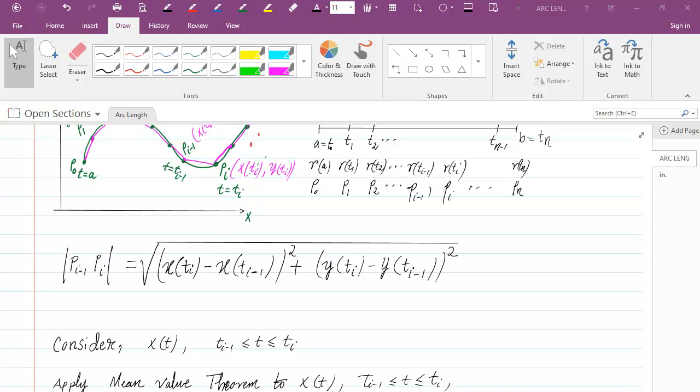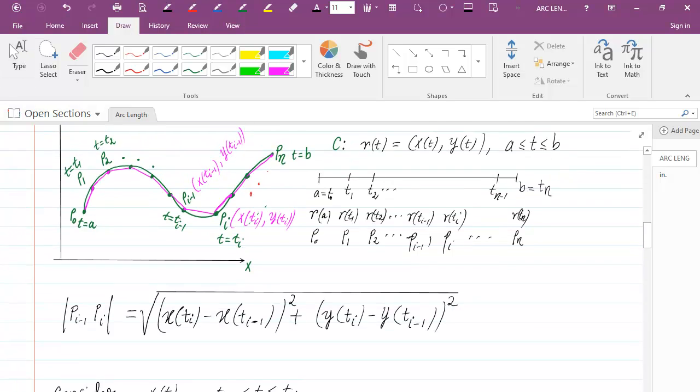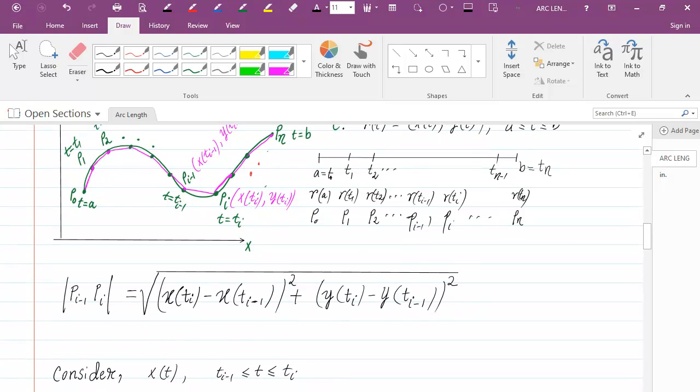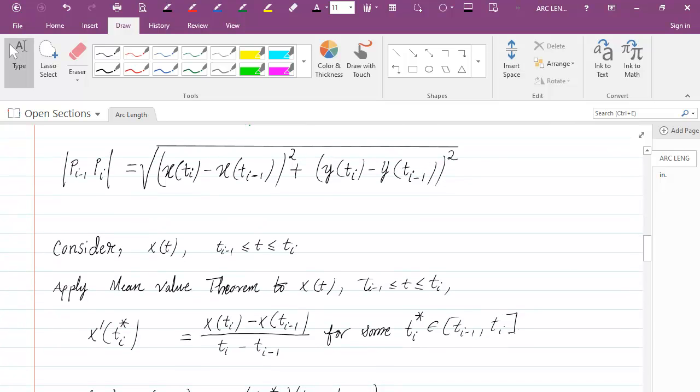Welcome back. In the last video, we found that the length of the line segment from P_{i-1} to P_i is given by the square root of (x(t_i) - x(t_{i-1}))^2 + (y(t_i) - y(t_{i-1}))^2. In this video, we will further evaluate this length, and we are going to get help from the mean value